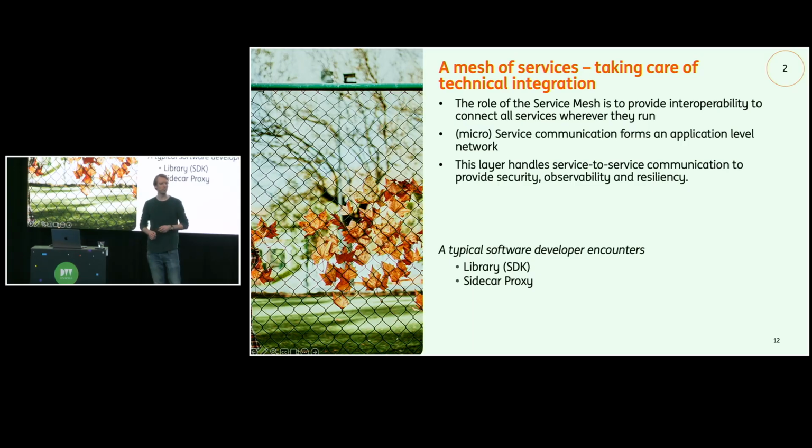It provides the interoperability to connect all the services wherever they run, if it's on-premises, on VMs, in Kubernetes, in the cloud. It doesn't matter. The service mesh takes care of connecting those workloads together. With the service mesh, we say an application layer is being formed between the services themselves, and there are some properties attached to it, like security, observability, and resiliency, that emerge from having this distributed nature of the